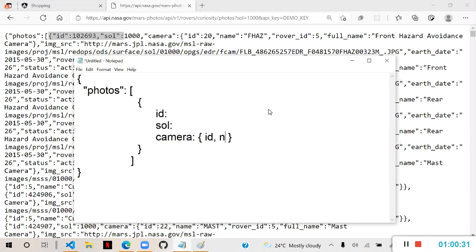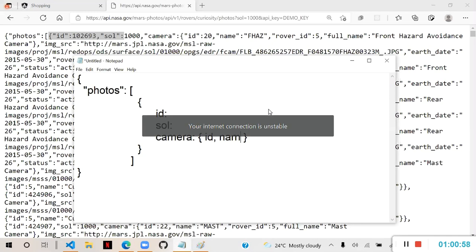And one more, it has another property, image source, and image source is coming from a specific image. It's a string. So a lot of data is there. Now, if you can understand this data, what is coming, then you can present it. So Angular developer